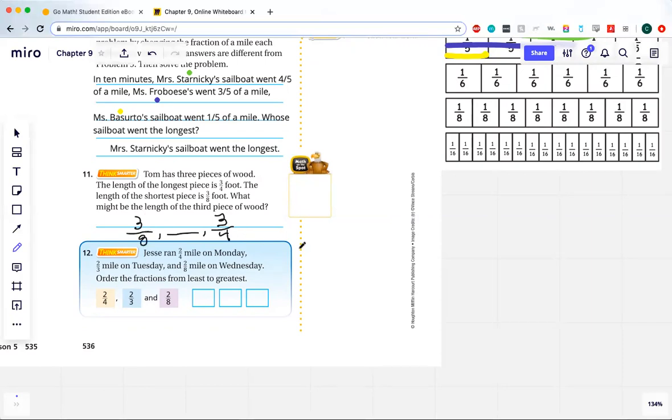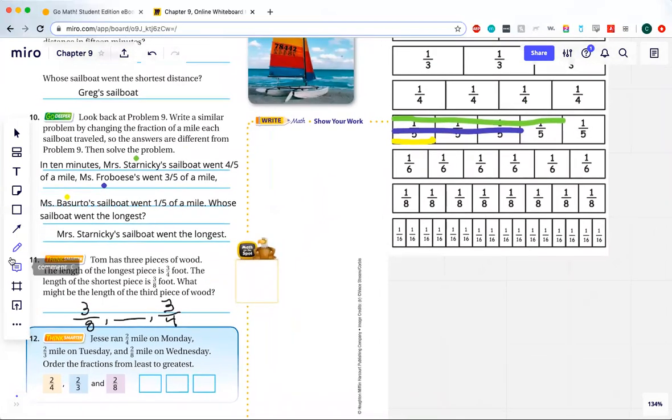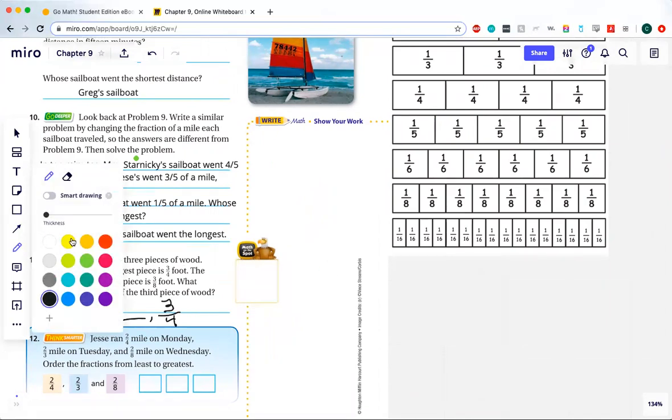Okay? So we need to figure out how long that third piece could be. What I'm going to do is come up here and look at my fraction strips. That helps me. Now, all of our denominators are different, so that means we need to figure out a number that's going to be in between these two. But we need to remember that our 3/8 pieces are going to be a lot smaller than our 3/4 pieces. So I'm going to take my pen